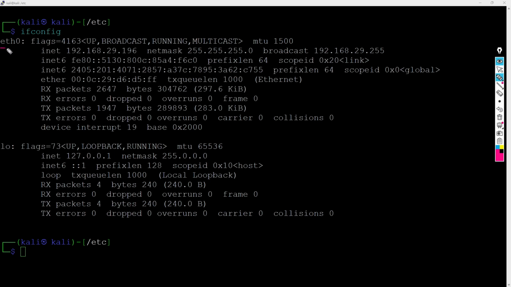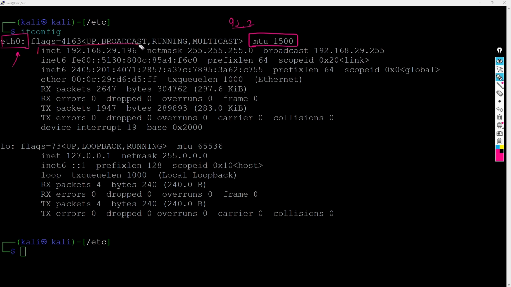So if you see here, that's eth0, right? It means that this is the first interface of your machine. Here the counting starts with 0, 1, 2, 3. So this is the first interface you have. And if you look at a little information, it has the MTU size of 1500. It is not much relevant at this stage, but if you are a networking person, you know how important it is. So we do not focus this much on it, but the more focus will be on this